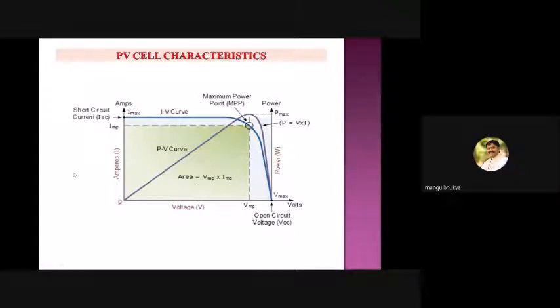But at this point, this is the point corresponding to the voltage at maximum power point and the current at maximum power point, that is IMP and VMP. At this point, the solar panel is giving the maximum power. So electrical tracking is nothing but this: the operating point may lie around any point, this or this, anywhere it can lie.